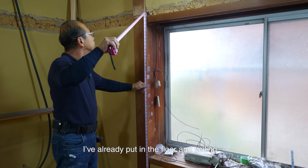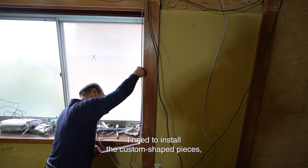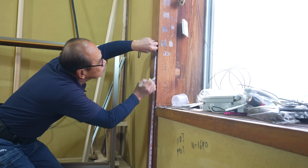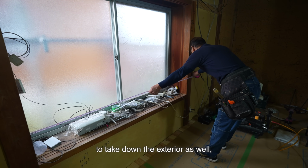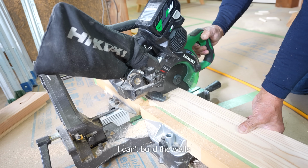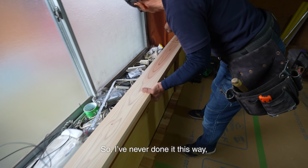I've already put in the floor and ceiling, next up is the wall. But before that, I need to install the custom shaped pieces, so I'm starting with the window frame. The dismantling crew was supposed to take down the exterior as well, but they're still catching up. I can't build the walls until the window frames are in place, so I've never done it this way, but